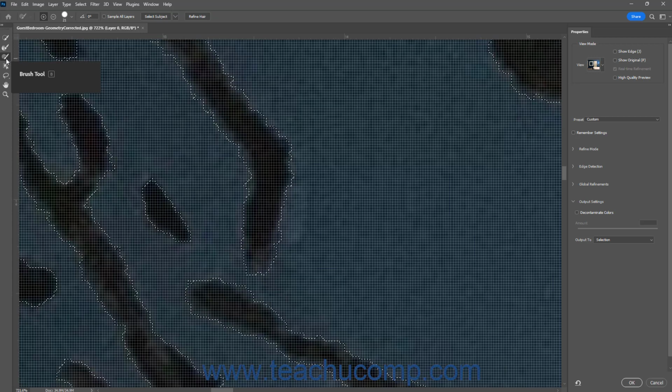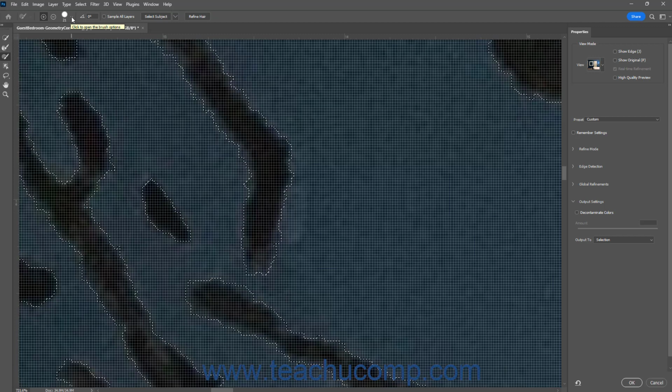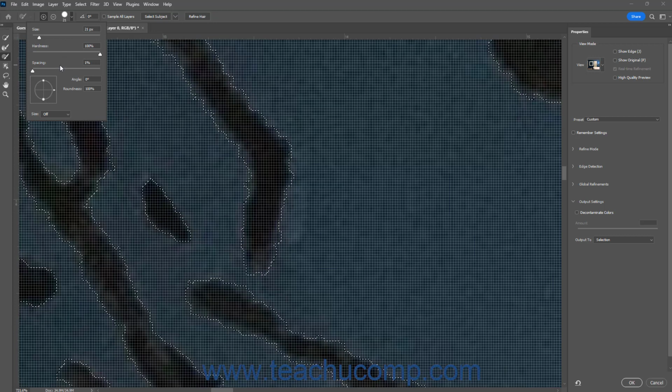To select whether the Brush tool adds or removes pixels from the selection, click the Add to selection or Subtract from selection button, respectively, in the Options bar control panel. If creating a new selection, also choose the Add to Selection button. To set the brush settings, click the Click to open the Brush Options button in the Options bar control panel and set the tool's desired size, hardness, spacing, angle, and roundness using the fields available in the drop-down panel that